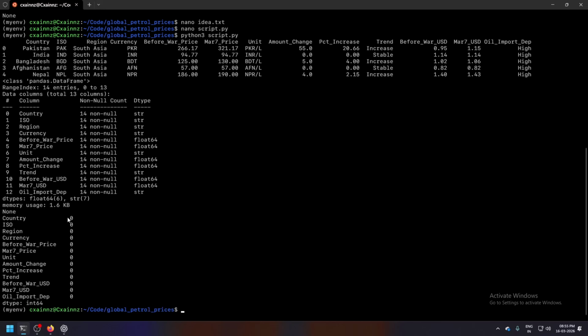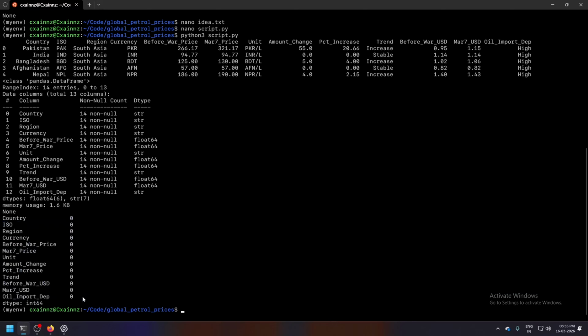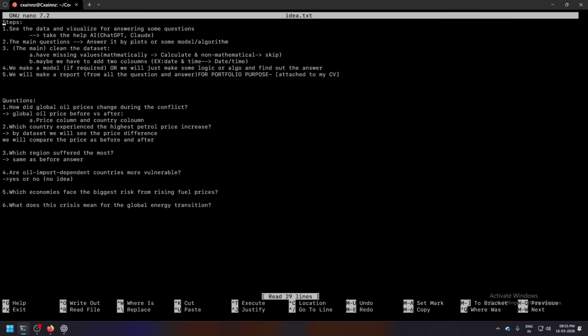Okay, everything is 0 against these column names, which says there is no missing value. And when there is no missing value, the third step is totally skipped. Now, we will answer the question, how did global oil price change during the conflict?